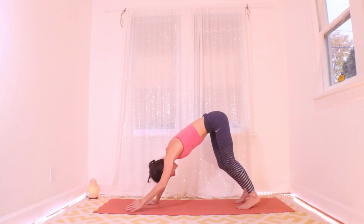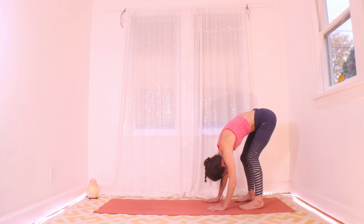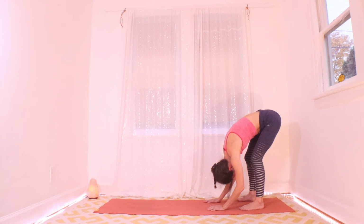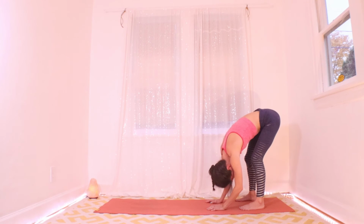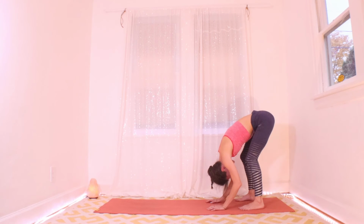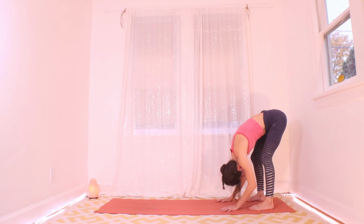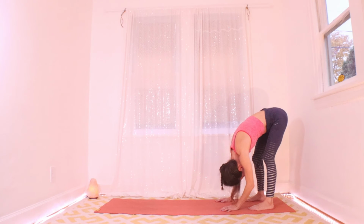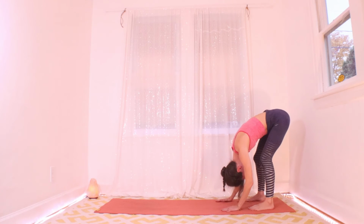From here, walk your hands back to your feet. Bend your knees really nicely and drape your upper body to hang from your hips. So I'd like to spend a few breaths here just letting that upper body hang. Maybe close your eyes. And take 3 or 4 more long, slow breaths. Notice any tension in the backs of your legs. Okay. Allow your neck to be soft and shoulders move away from your ears so your head can really hang